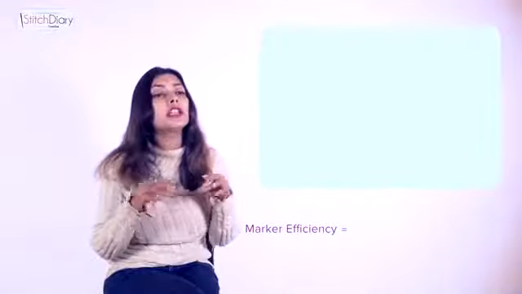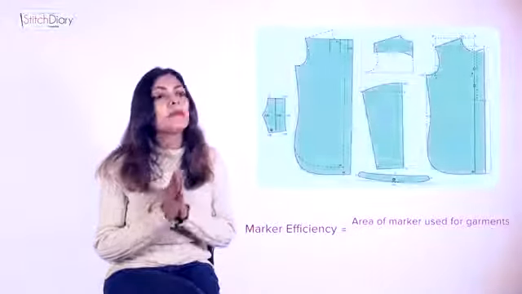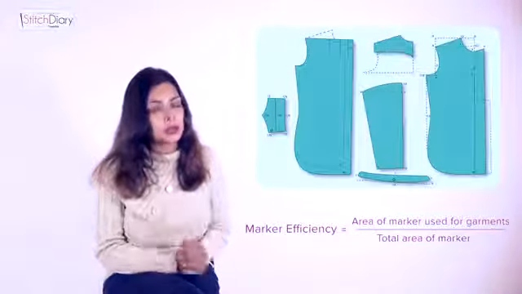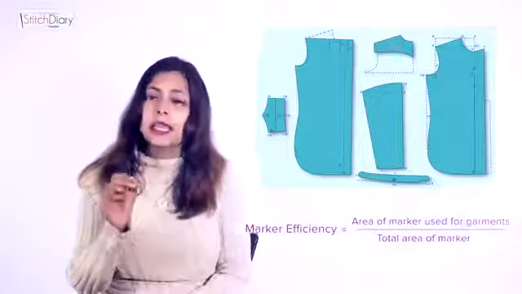The second metric for measuring performance is marker efficiency. Marker efficiency is defined as fabric used in the patterns in a marker divided by total fabric used in the marker. Normally, CAD solutions provide this metric automatically through their processes. Around 80 to 85% to 90% efficiency is considered a good efficiency for a marker. However, this can be limited due to various pattern shapes, let's say for bias cuts, or various limitations of the fabric like stripes and plaids where you have limitations of placing pattern pieces.